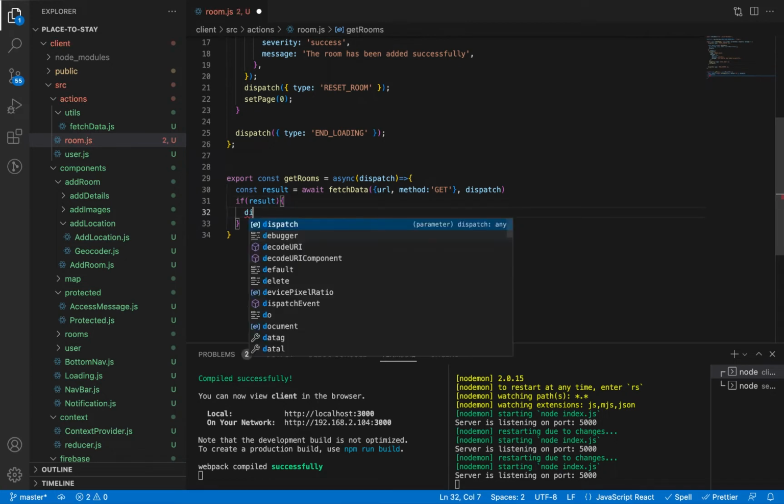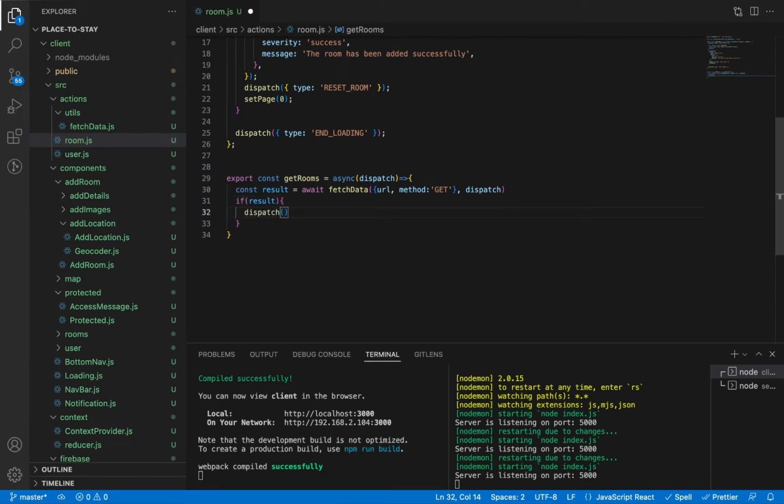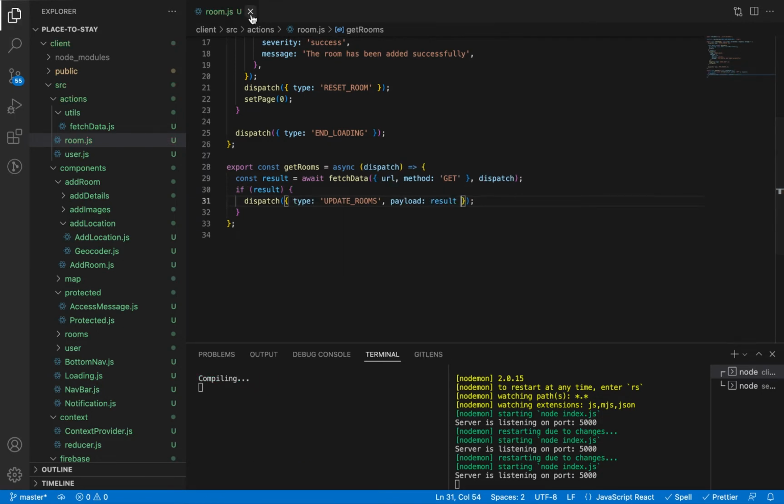And if we received a correct result, we are going to dispatch an action type UPDATE_ROOMS. We are going to create this action in a moment, and the payload will be the result. Let's save and go to global context,